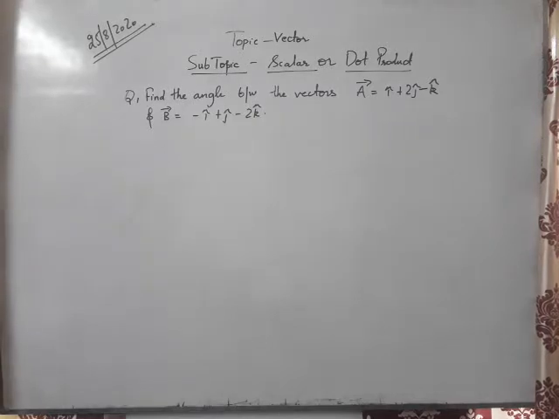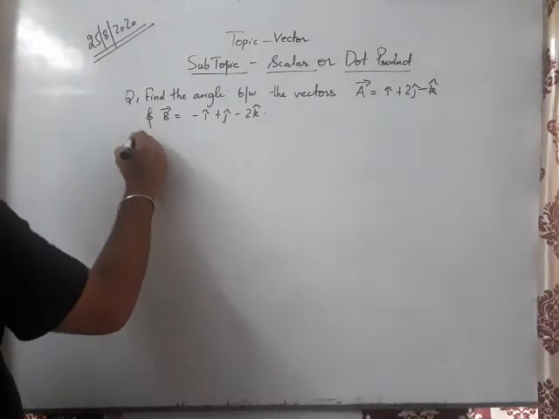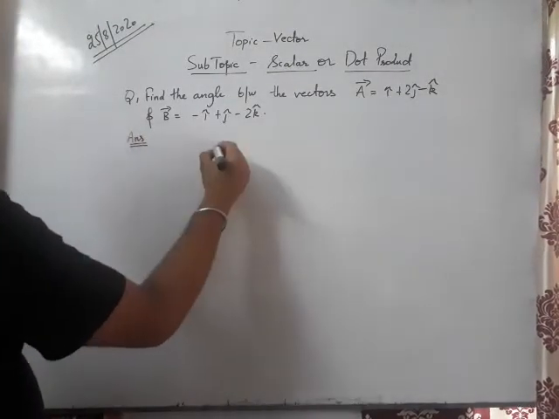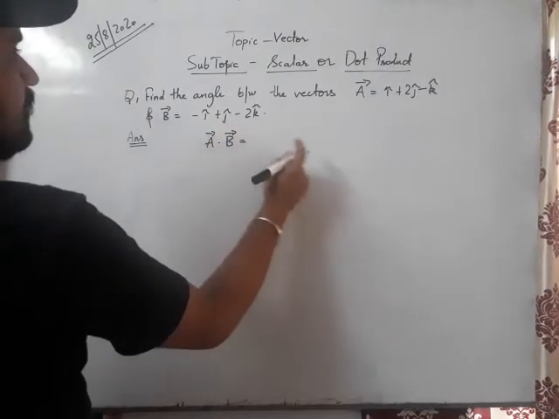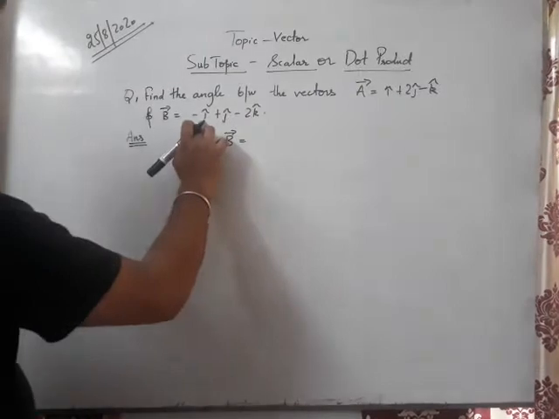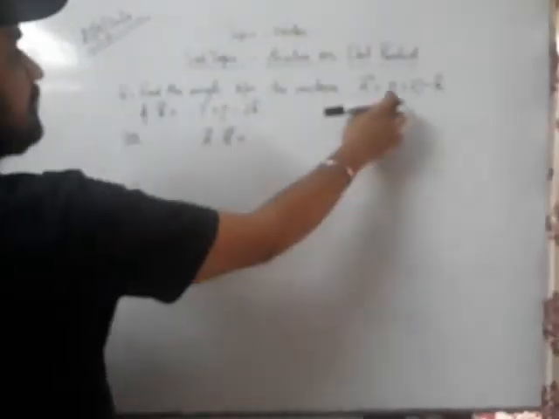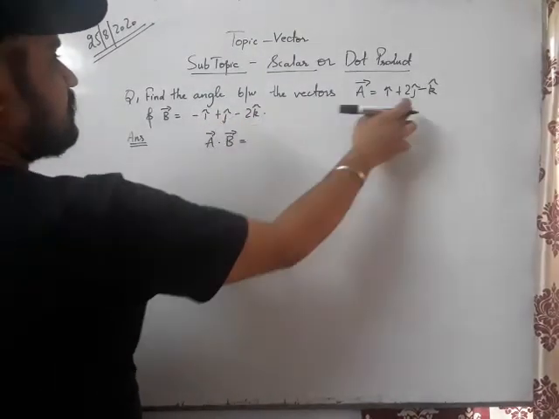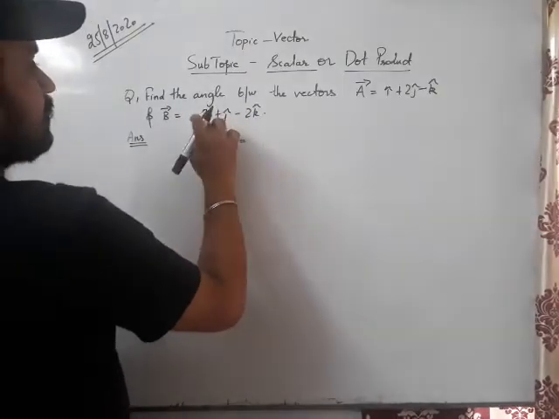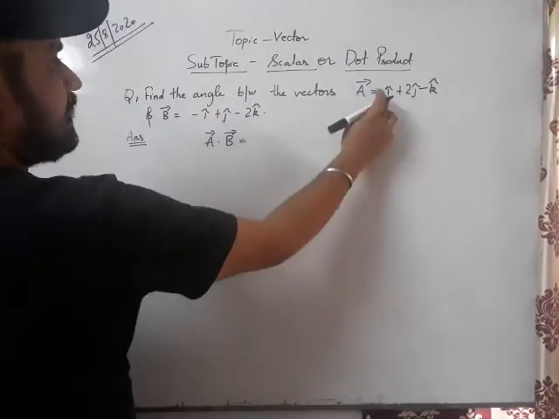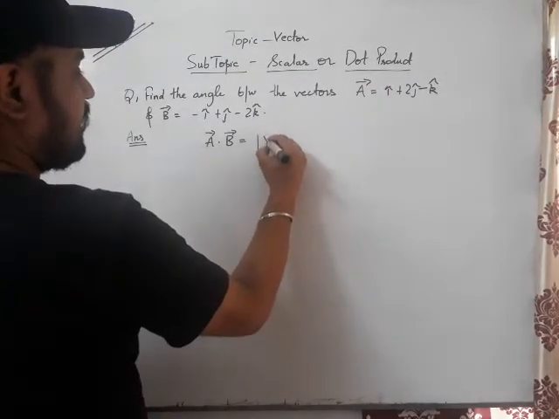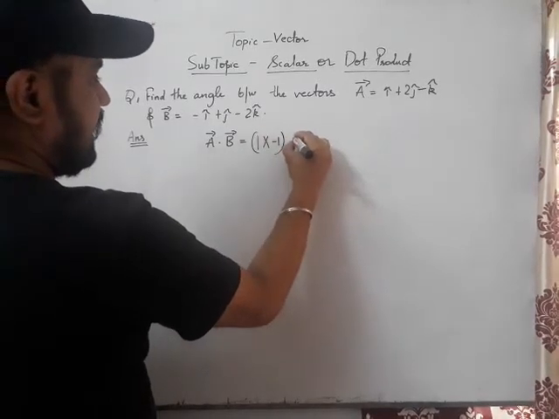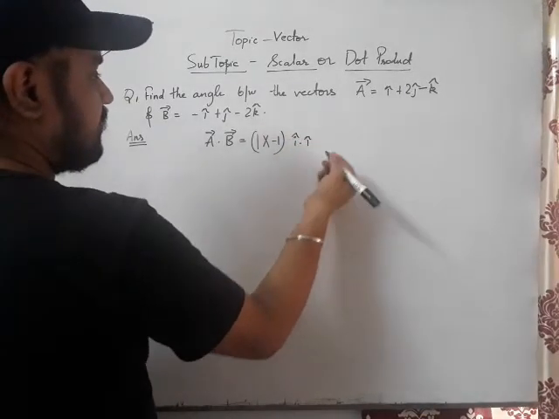For finding out the angle between A and B according to the dot product, firstly we will be finding out dot product of both, A dot B. So here we will be multiplying i with respect to i, j with respect to j coefficient and k with respect to k coefficient. So the first, here the coefficient is nothing written over here, so 1 will be the coefficient, 1 into minus 1, and i dot i is 1 obviously.